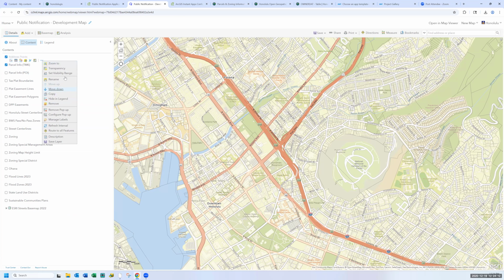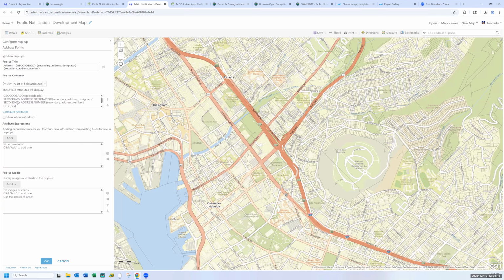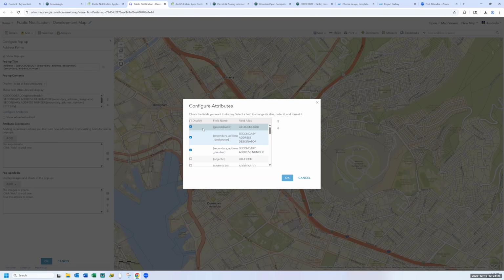In the web map, that's where you would set up the visibility range and configure the pop-up. The pop-up, if you recall, is the information that ends up in the list that you generate. Right now, all I've turned on for that list is the geocode address attribute field, which is the full number plus the street name. I have also turned on the secondary address designator and secondary address number.